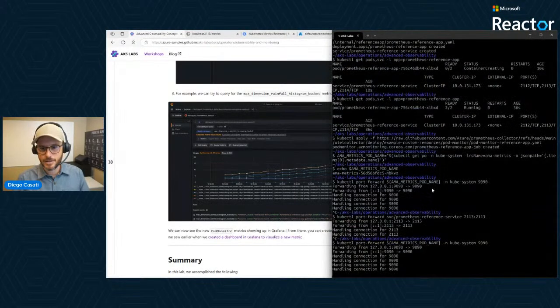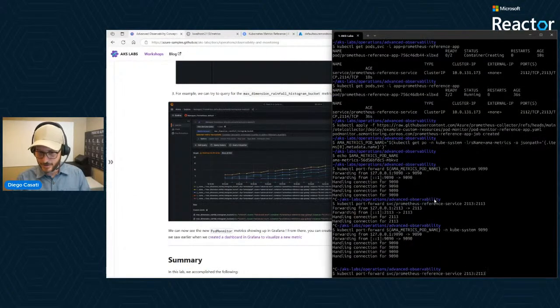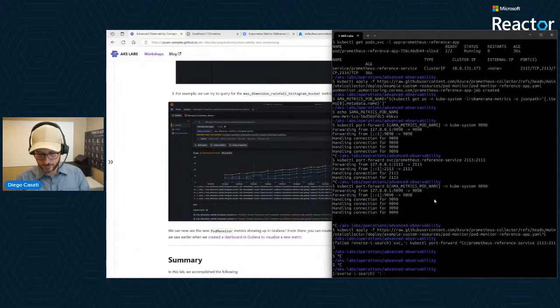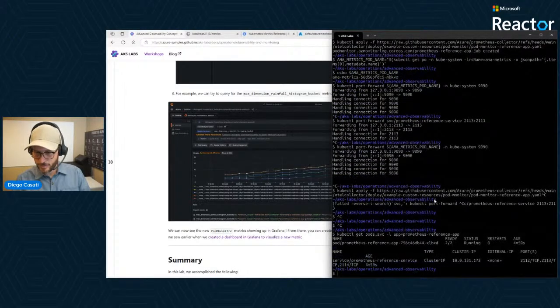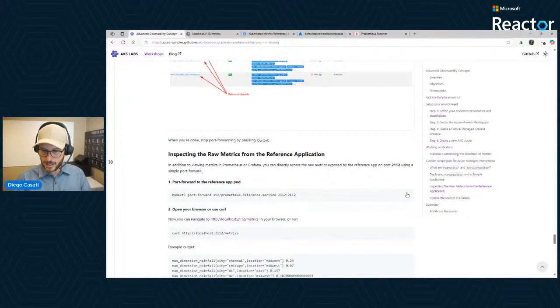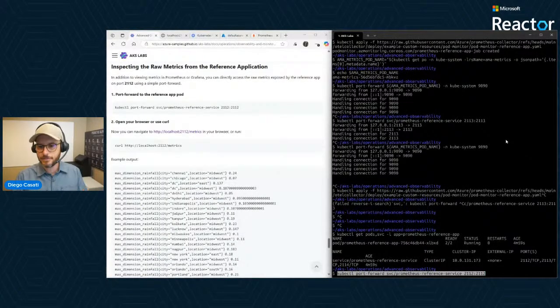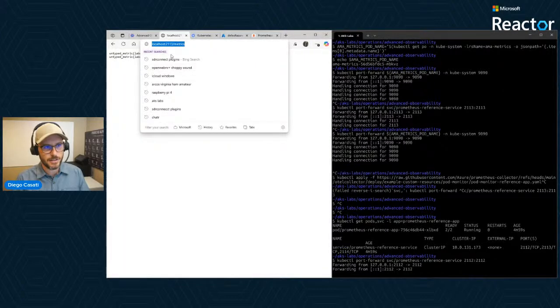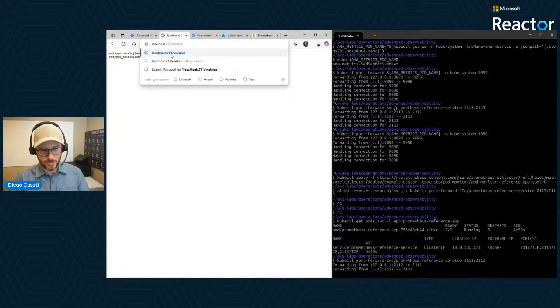In fact, let me try something else here. I just realized that. Let me see if I can get some information about the pod here. Okay. Yeah, 2112 is there. Okay, and 2113 is there too. Okay, so let me just try one more time the port forwarding here. See if we can see that. I know we have a couple of minutes. And I'm also happy because, just because of the timing, I'm going a little bit too fast on some of this, faster than I typically would. So I'm happy to take any questions offline.